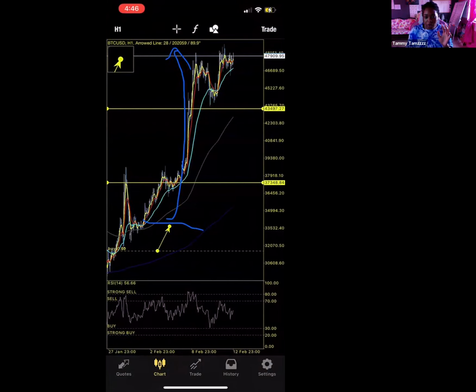If you're trading Bitcoin, it gives you these 6 digits. It gives you 5. It gives you 4. If it's 6 digits, the first 4 is the pip count. If it's 5 digits, the first 3 is your pip count. If it's 4 digits, the first 2 is your pip count. So for this example, it's showing me